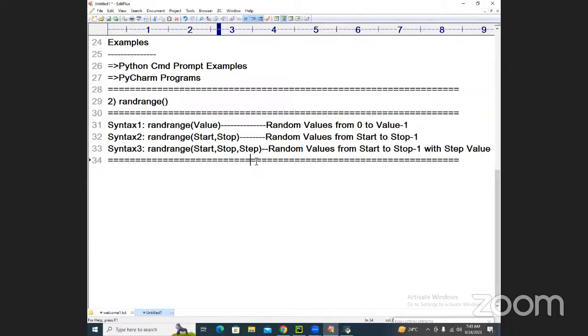Random negative numbers are not there. Srikar, can you respond more? Right. So,